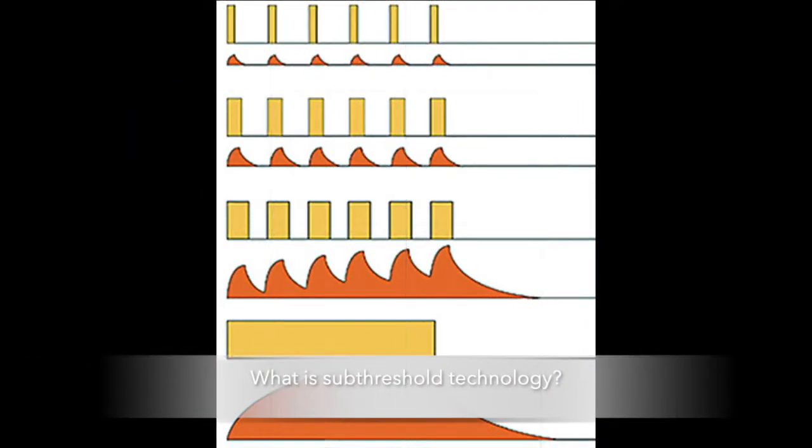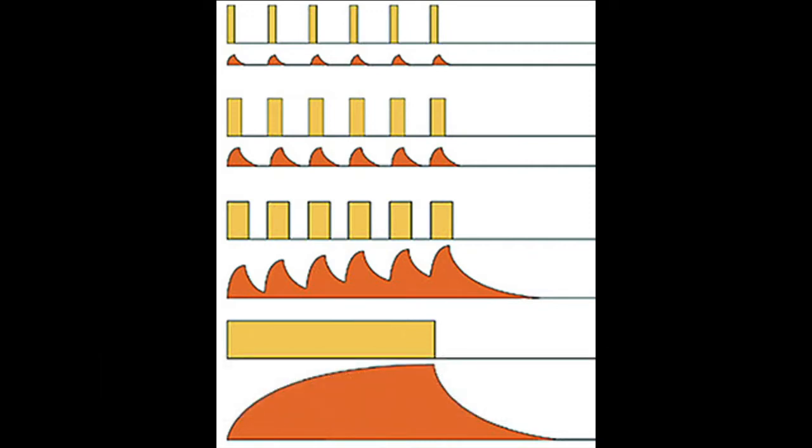Let's first talk about what subthreshold laser therapy is. In this image, the yellow rectangles on the graph show the on periods for the laser, while the orange curves show the heat profile of the underlying tissue. The graph goes from a 5% duty cycle, shown on the top, to a continuous laser, shown on the bottom. The technology has been labeled with several terms, including sublethal treatment, subthermal, homeotrophic laser, subthreshold laser, subvisible laser, retinal phototherapy,